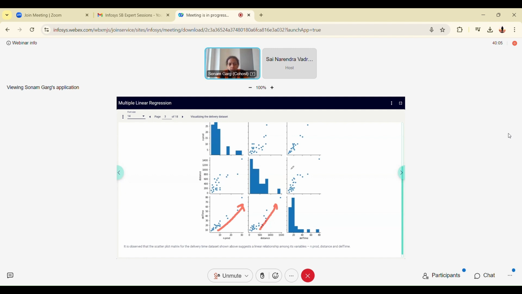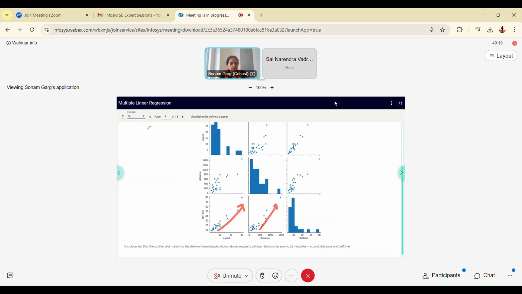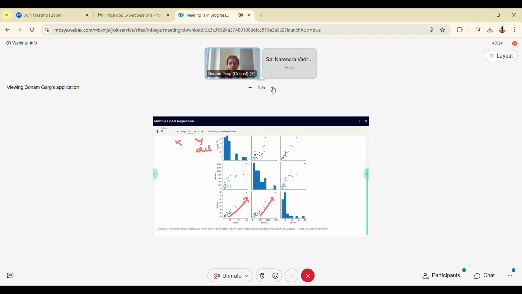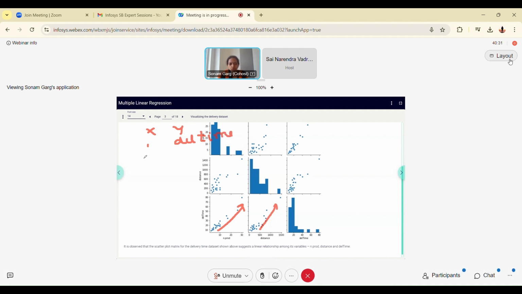What about if I say end product and distance? Your end product and distance. See, though two x values, I have x, I have y. What is my y? Y is my delivery time. You have to remember, delivery time is my y. On x, what was there on x? X was the number of products. There were two values of x: number of product and the second value was distance.